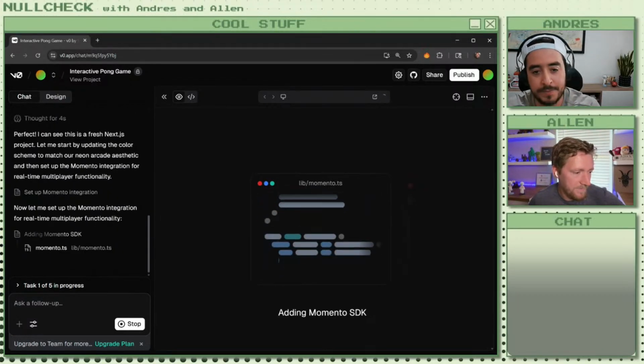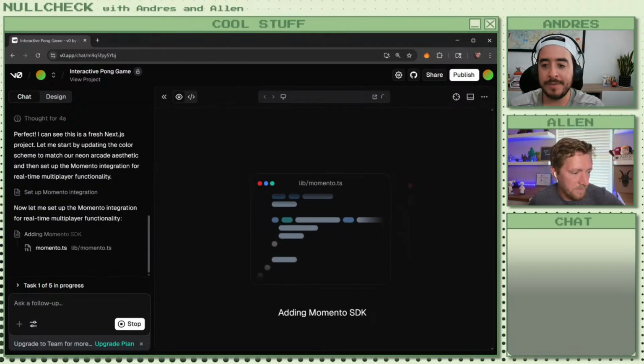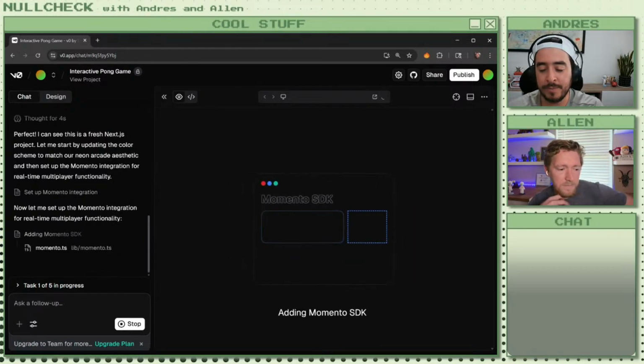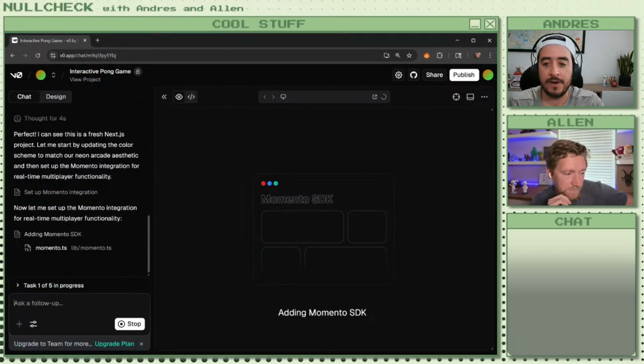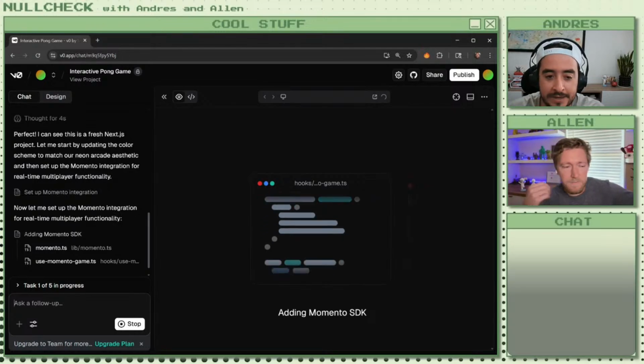Okay, yeah, I just want to wait because one thing that I loved about V0 is that it prompted you for your API key when we were building Battleship, which I haven't seen in other places, right? It just says add it to the env file, but in this case, it securely asks you for your keys.